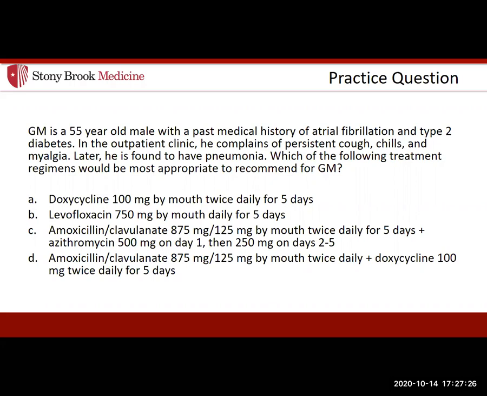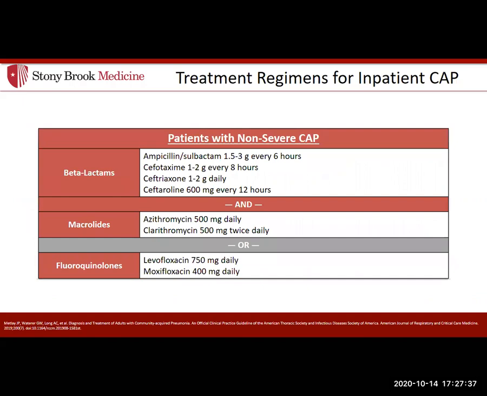And D is appropriate because it contains agents that do not prolong the QT, as well as containing broad agents for patients who have comorbidities. So now we're going to be transitioning from the outpatient setting to the inpatient setting. Based on our criteria from earlier, if we diagnose someone in the hospital with non-severe CAP, how would we go